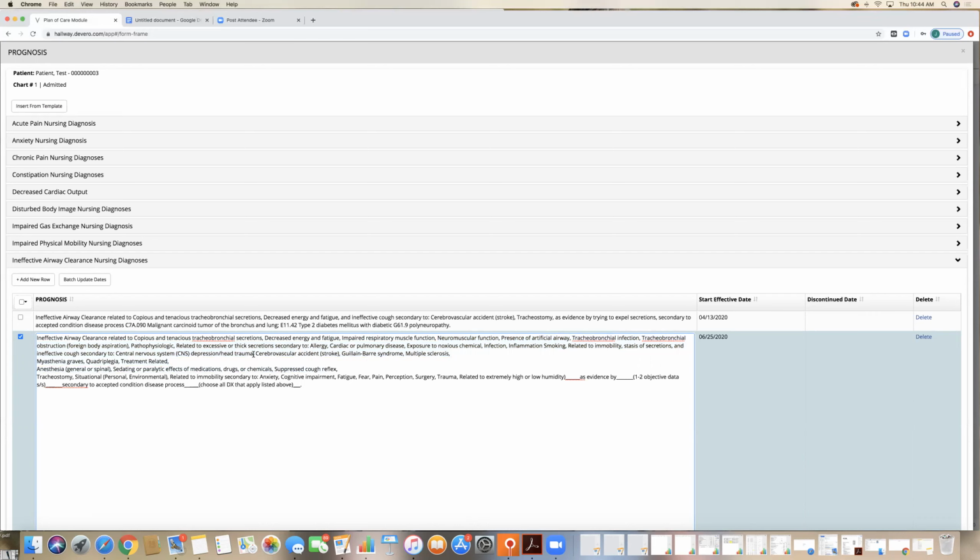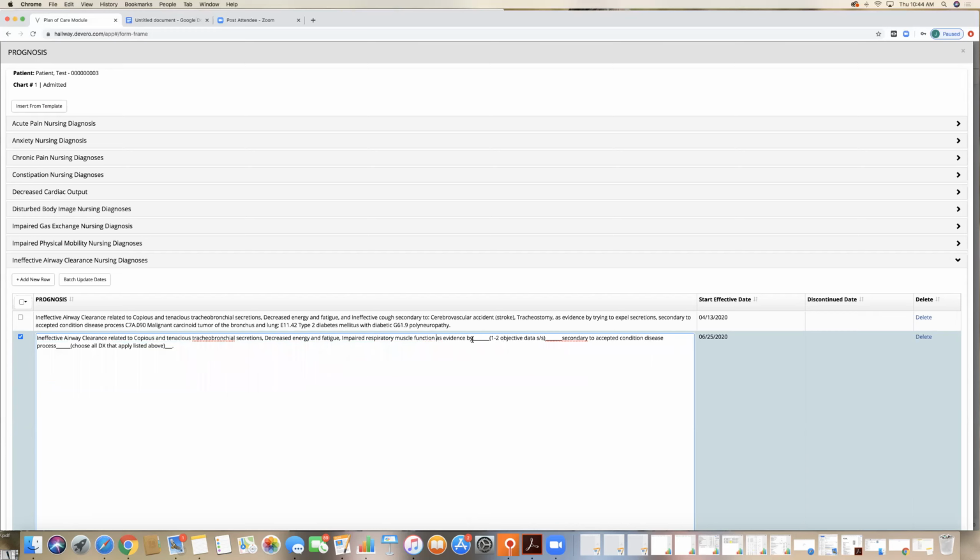And even though right here it says stroke, even if your patient did have a stroke, that is not part of their covered condition, so you must not document on that. So again, I'm just going to get rid of everything and go to my as evidenced by, which is right over here. Delete. And so what is it as evidenced by? 1 to 2 objective data. So my objective data is he's having abnormal respiratory rate, rhythm, and depth, and also he has copious amounts of secretions. So I'm going to state as evidenced by respiratory rate 21, uneven, labored,